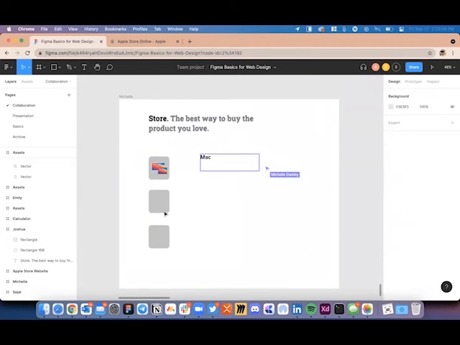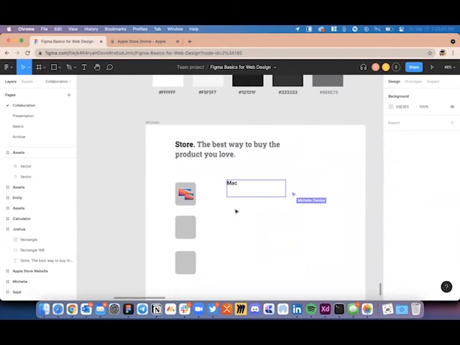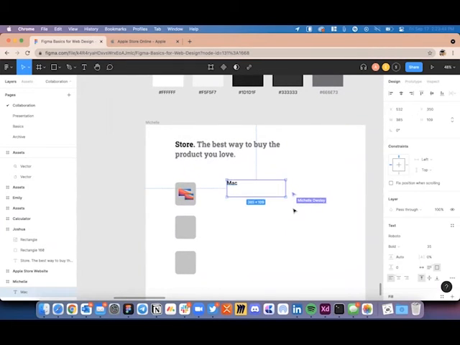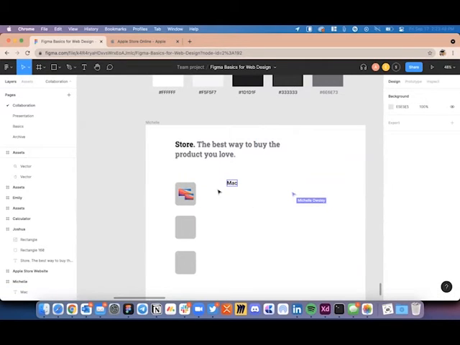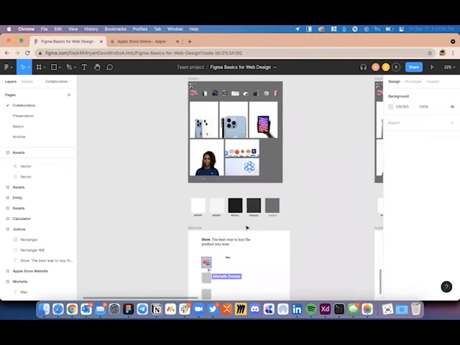For Michelle, you can narrow down your text width like this, and then you can just drag and drop it inside the box. If you want, you can add more height to this box so that you can accommodate the text below it.